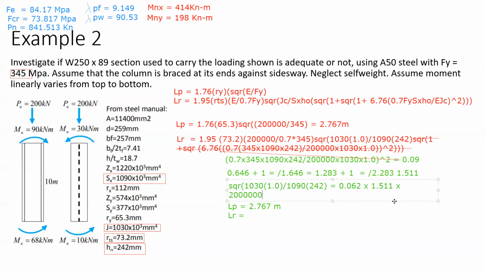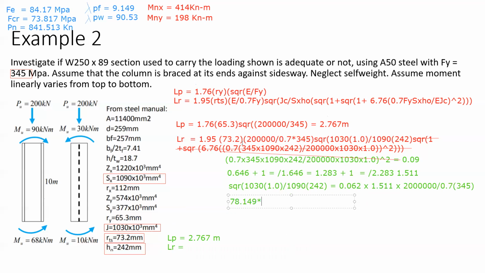200,000 all over 0.7 times 345. So, ilan na to? Bali po, 78.194. Malapit na tayo. So, ito times pa natin to sa yung pinakauna, that is 73.2